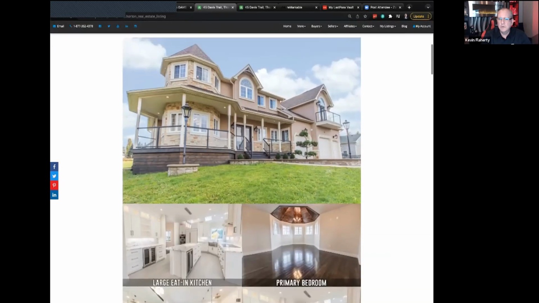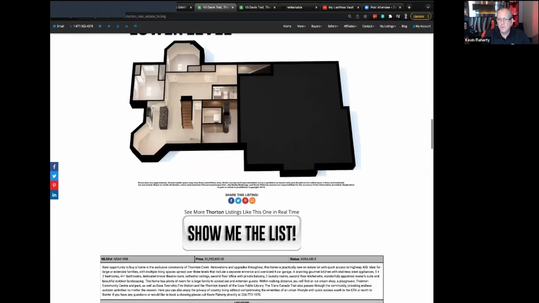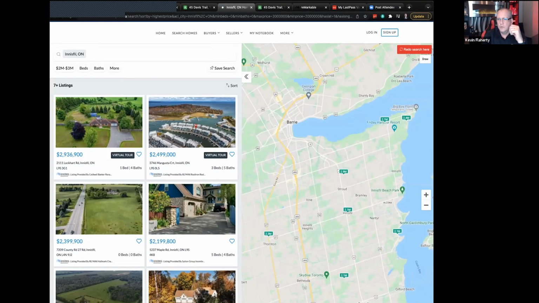What you want to do is, well, I can tell you the number one question, because it's based on the number one thing they want. See more home, this home's in Thornton. See more Thornton listings like this one in real time. So if you click on there, it'll take you right to your IDX site. If you don't know what IDX is, send me a direct message, we'll sort that out. Basically,